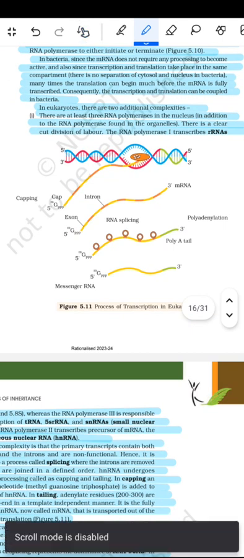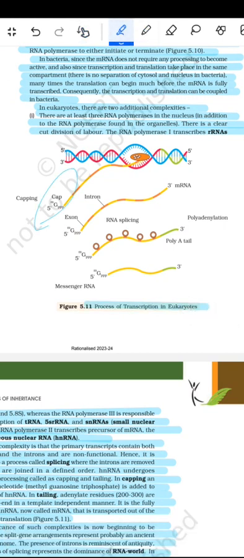तो ये प्रोसेस ऑफ द ट्रांसक्रिप्शन यूकैरियोट्स दिखा रहा है। इसमें जो है कैपिंग किए 5' पर, फिर 3' पर ये पॉली ए टेल से पॉलीएडेनाइलेशन किए और ये मैसेंजर आरएनए जो बन गया, जिसमें हम इंट्रॉन्स को हटा दिए हैं और सिर्फ एक्सॉन्स इसमें है।